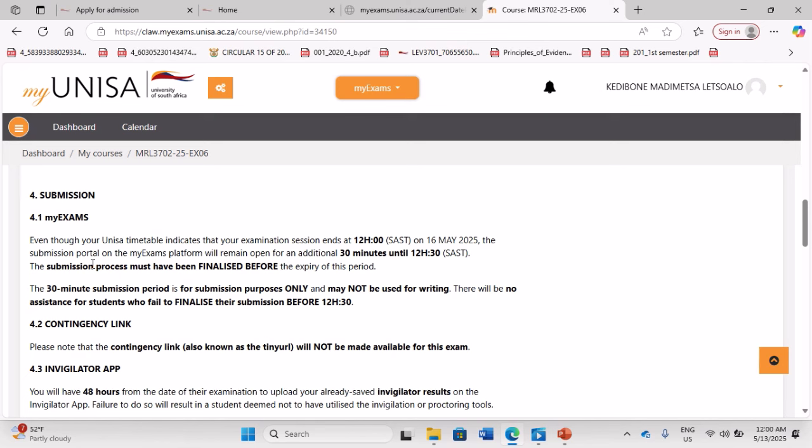Even though you were able to submit here, please make sure that you submit also on the Invigilator app, because if they try to open the exam answer script here and the file gets corrupted or damaged, it means a supplementary or aggregate, which means that they will just defer you to write on the next examination slot, and you are the one who's supposed to be paying the supplementary cost. They are not going to say, oh okay, the problem was on our side. They don't care. So